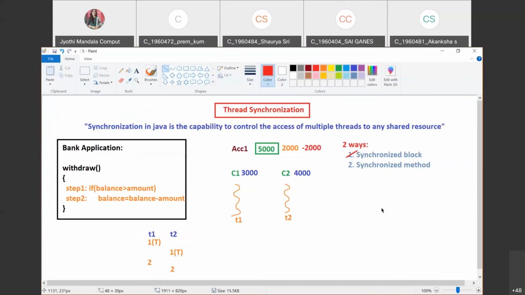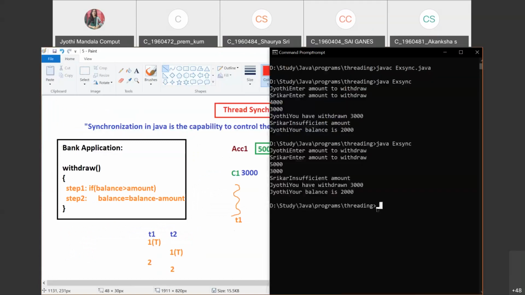Here, if you are running one more time, let us see whether we can see that output or not, because we can't predict the way the processor is switching between the processes, between the threads. It will be asking us to enter the values. See here, earlier it was asking this customer to enter the value first, but here the processor is giving the priority to the second customer first. We can't predict the output, okay?